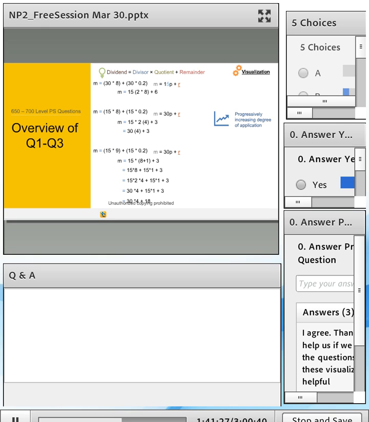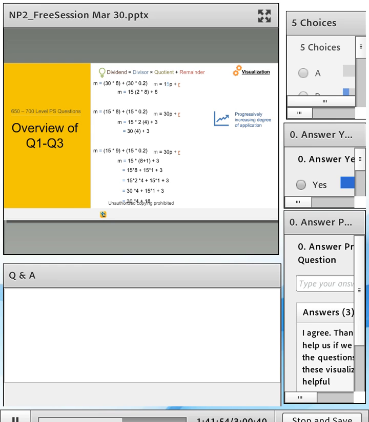Okay. So it would help us if we can know the questions where these visualizations are helpful. As I said, GMAT questions require these visualization skills. And as I said, if you send us an email, we can put together the questions in the official guide which test these visualizations specifically, so that you can see it for yourself regarding those questions.